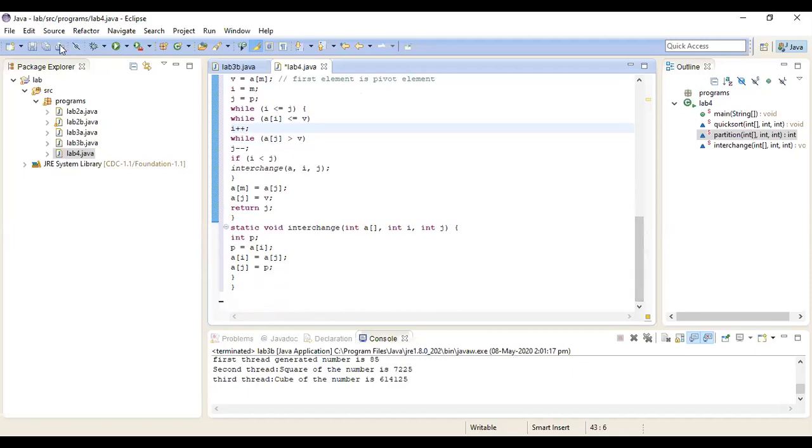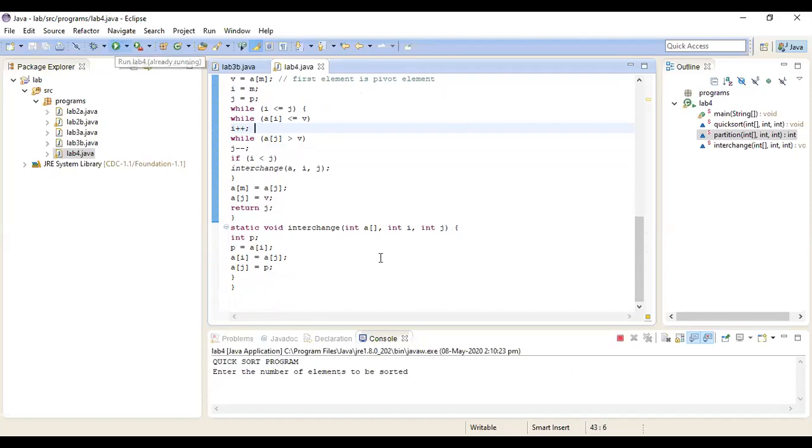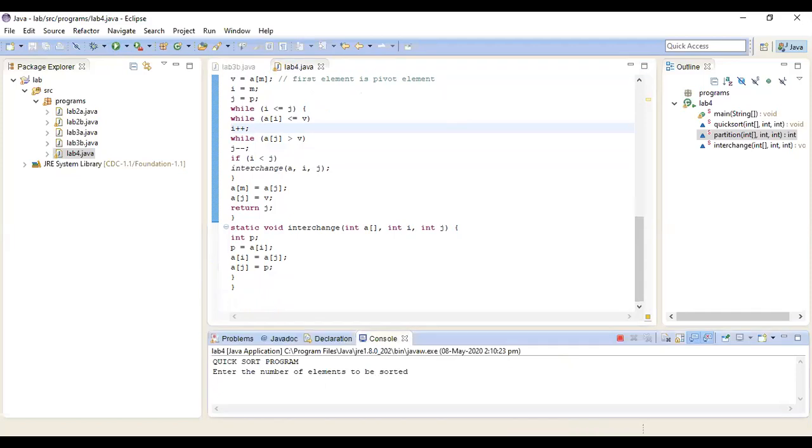So now executing the program. I will give the number of elements to be sorted as 5. It has taken 18, 35, 57 and 67, five numbers to be sorted here, and it is sorting the elements.